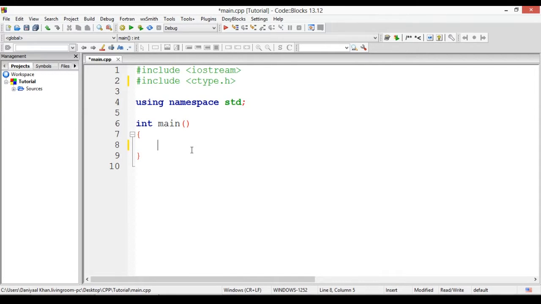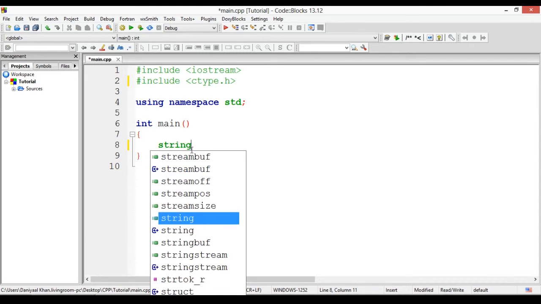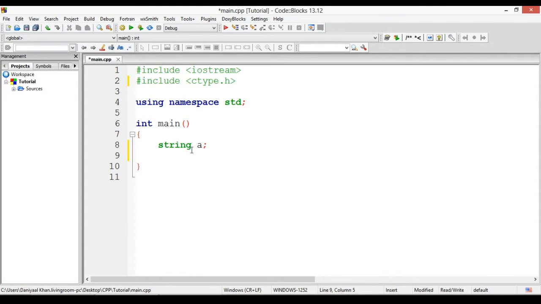So first off, let's declare a variable, we'll call this a string of a, and we'll have a cout saying enter something. Ooh, if I can spell properly today, actually. After writing enter something, we can press enter and type in cin a. Now this is a pretty straightforward program, but now what we'll be doing is we'll have an if statement, and